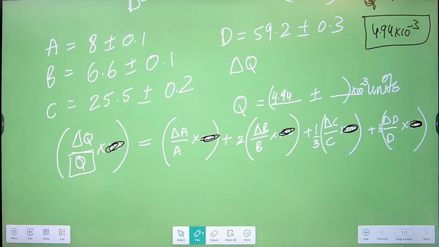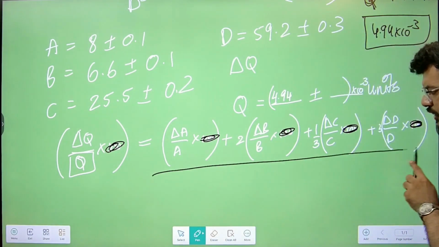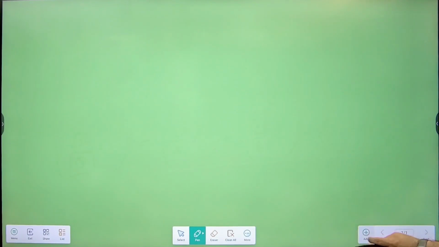This is absolute, delta Q is absolute uncertainty. If I, instead of cancelling out all of these 100, if I just take the total of the right hand side, then it is percentage uncertainty in Q. Is this understandable? है ना? Okay. Now एब्सोल्यूट से परसेंटेज में कन्वर्ट करना तो उसको into 100 कर देना upon original value. For example, तूने प्रेशर फाइंड किया 100 पास्कल, उसमें तेरा एरर है 1 पास्कल, तो 1 अपॉन 100 इंटू 100 करेगा. 1%. ओरिजिनल वैल्यू का कितना परसेंट है वो होता है. ठीक है,